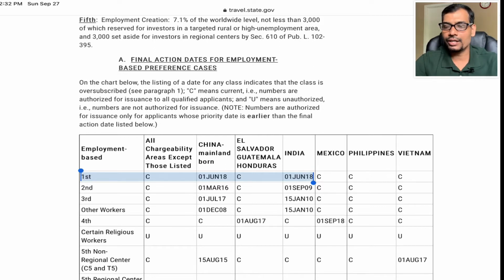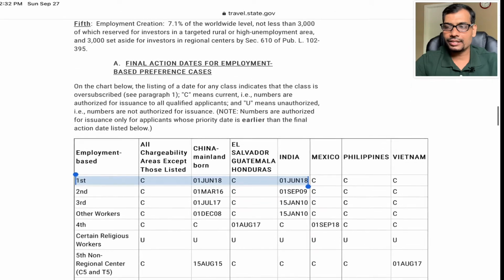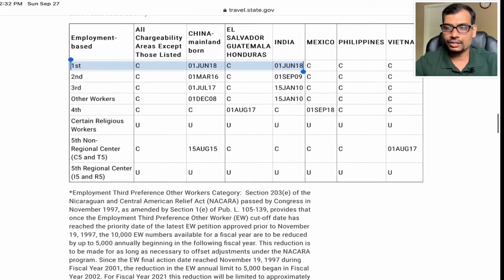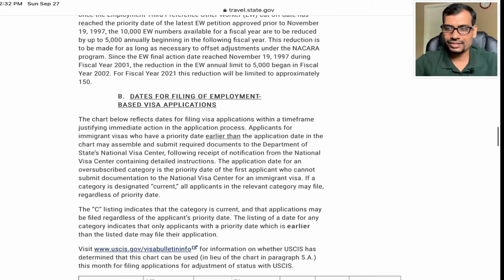So whosoever has a priority date before June 2018 can file and start getting the green card. So this is about the final action date.